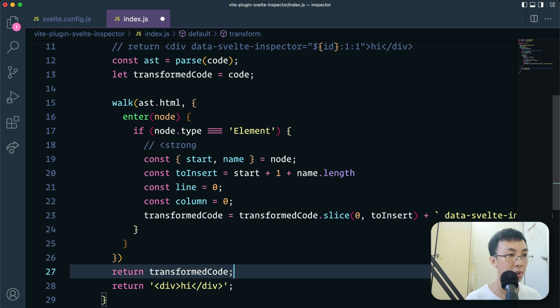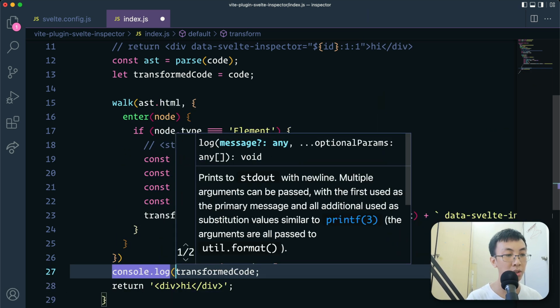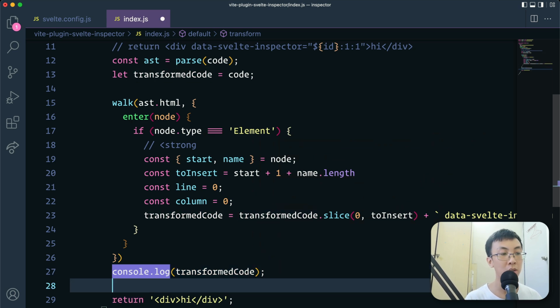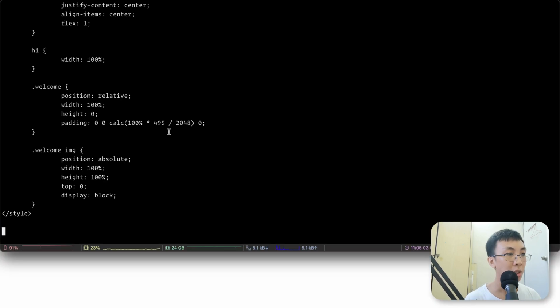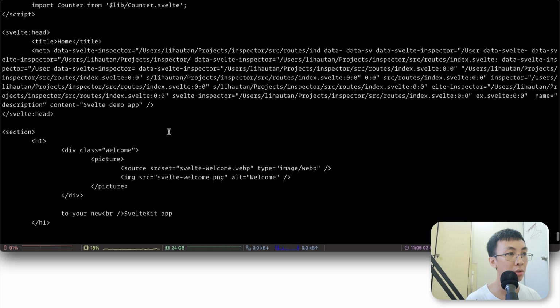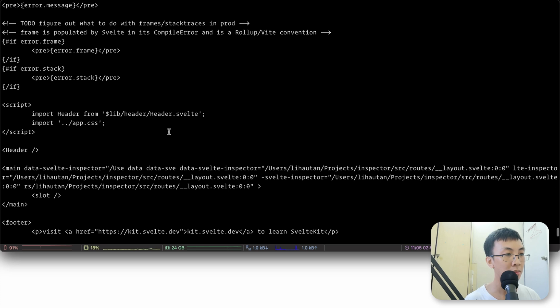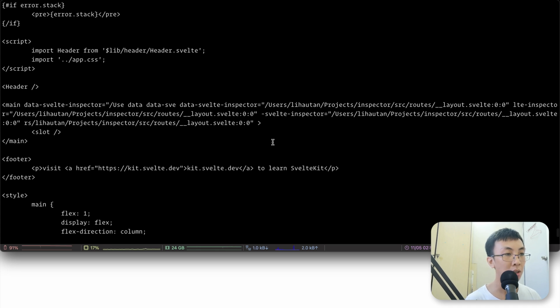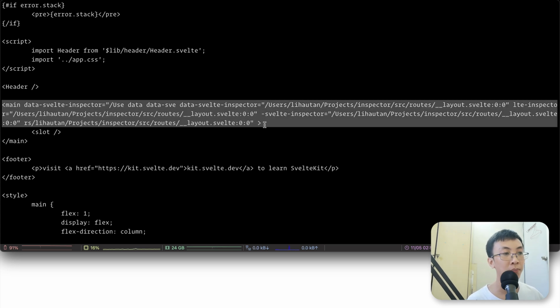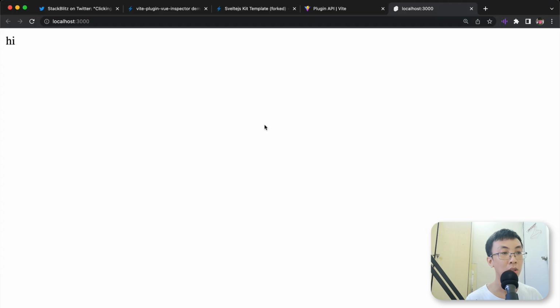Before we return, I think I can console out to look at the transform code first, because I know this does not work. Okay, why? Let me show you. So let's refresh and let's take a look at our code over here. I think we have too many things happening over here, but if you can see, first is that how come this main element has so many data-svelte-inspector attributes over here? Well, that's because